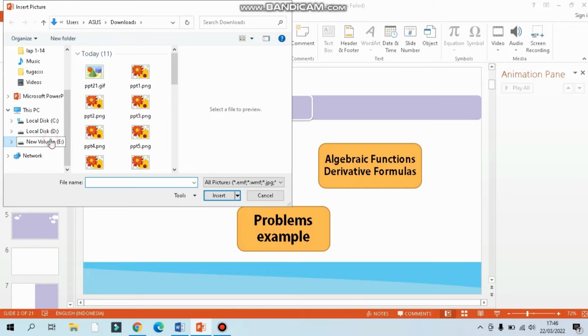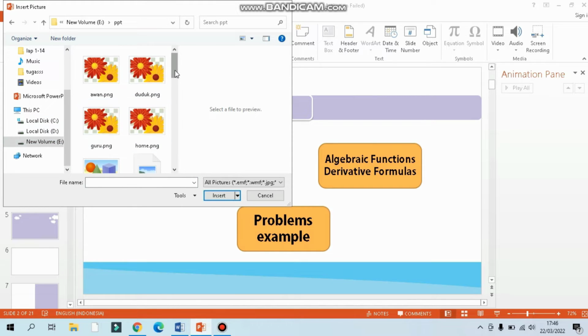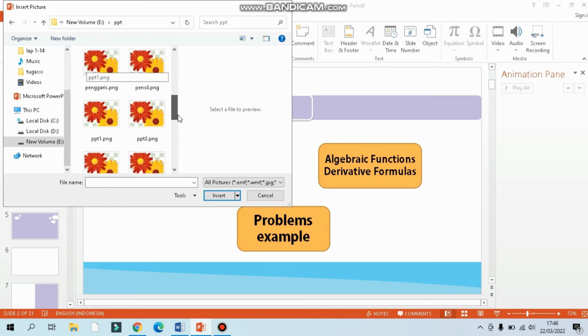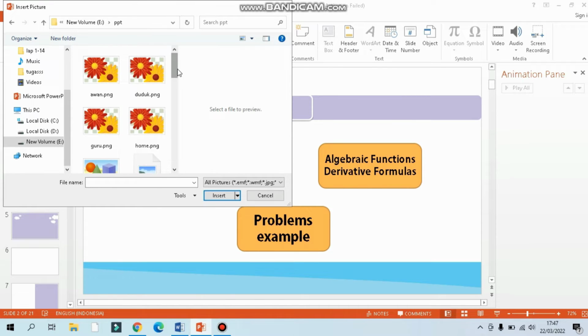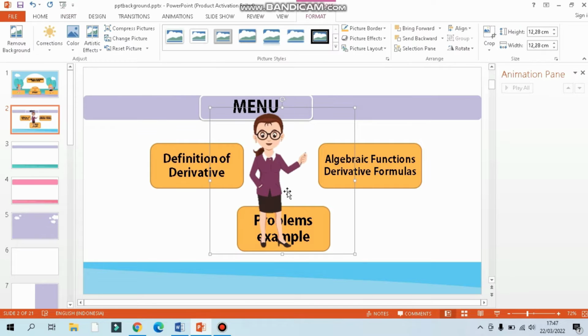Now I want to add the icon, which is a picture I already downloaded from Google.